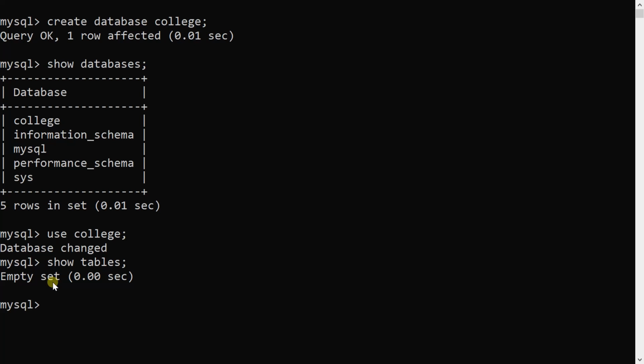Now, how to create a table? To create a table, I will use the syntax create table and the name of the table. So it is my college database, and college-related tables will be created under the college database. I will create, suppose, a student table. Inside brackets, the name of the attributes: roll, its data type. I will declare it as a primary key.